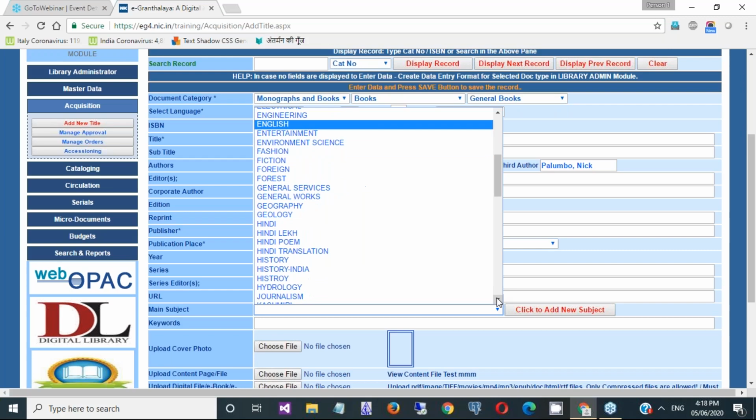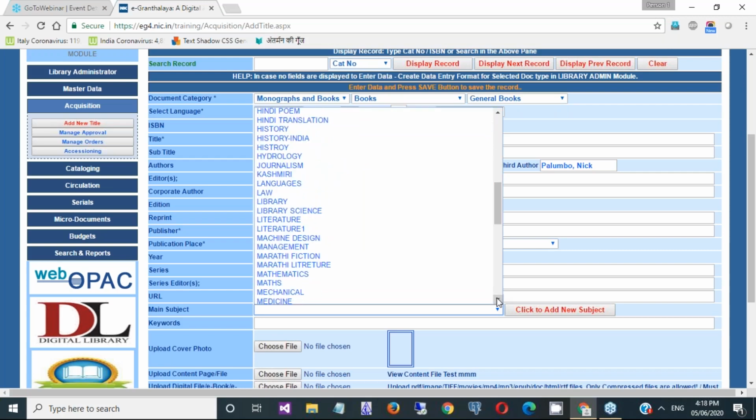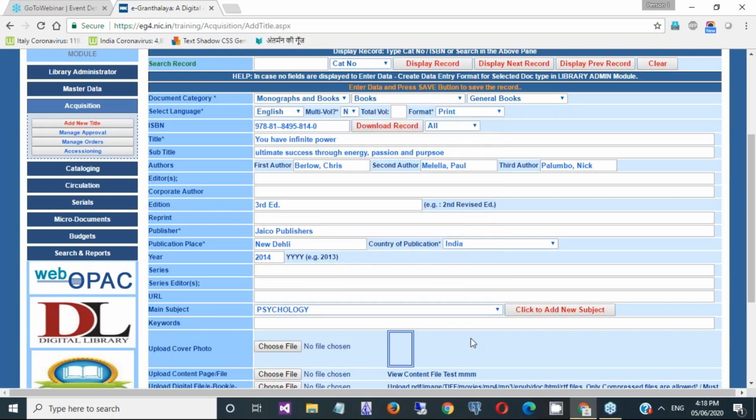You can select the concerned or appropriate subject heading. In case there is no subject heading available, you can add it immediately by pressing this click to add new subject button. Then put keywords, whatever keywords you want to assign.